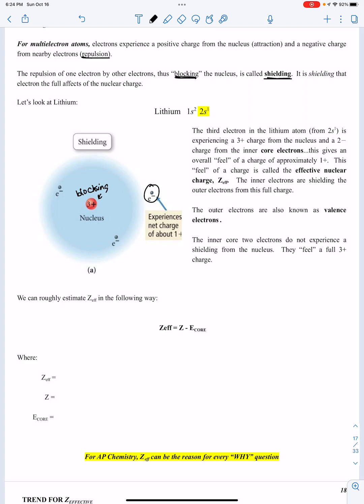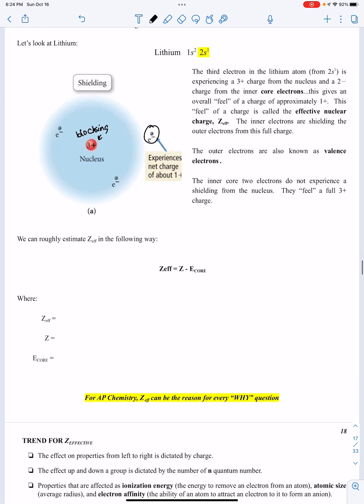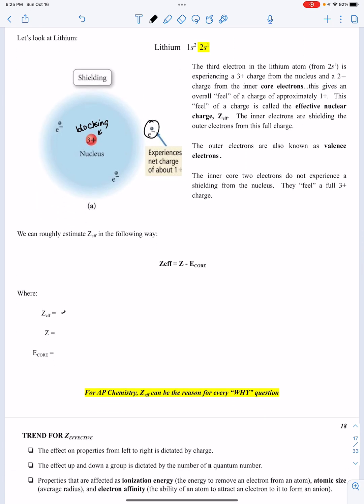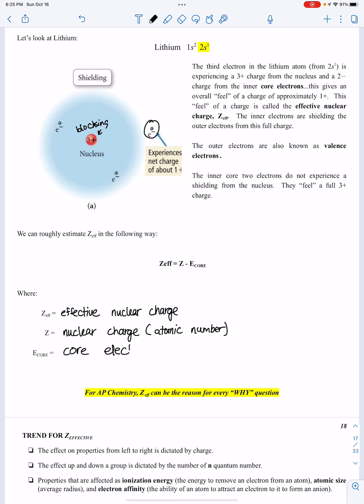I want to calculate that. And I'm going to skip all this reading here because this is a repetition. I wanted to calculate this again. Z effective is the effective nuclear charge. Z is the actual nuclear charge. That's just known as the atomic number. And you might remember this from our summer work. And then electrons in the core, these are core electrons. These are the electrons in the lower energy levels,